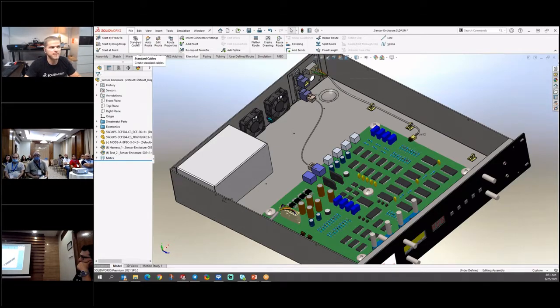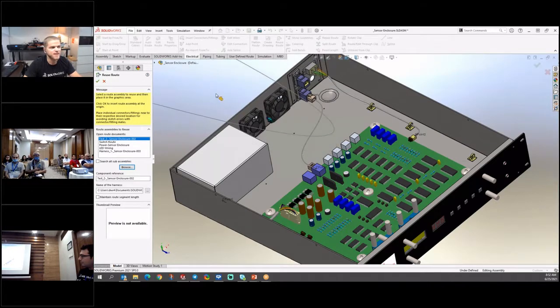It needs to actually be there in a physical library. This component option makes a new cable every time. It's a faster way to do it than my first method, but it's still a new cable every time. So there is another function in routing called reuse route. That's almost exactly what I want to do, right?